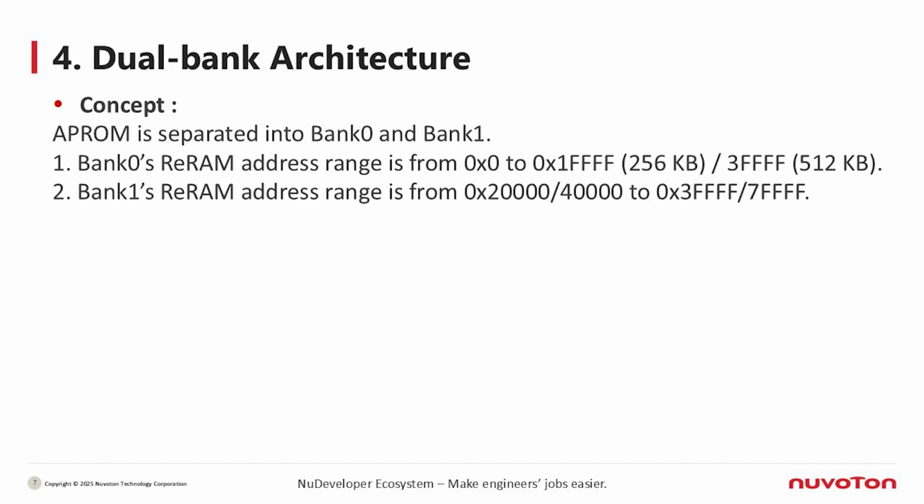Next, I will introduce the dual bank architecture. The M2L31 ReRAM also provides dual bank architecture where APROM is separated into Bank 0 and Bank 1. For a 256 kilobyte device, Bank 0 address range in the ReRAM is from 0x0 to 0x1FFFF. Bank 1's address range in the ReRAM is from 0x20000 to